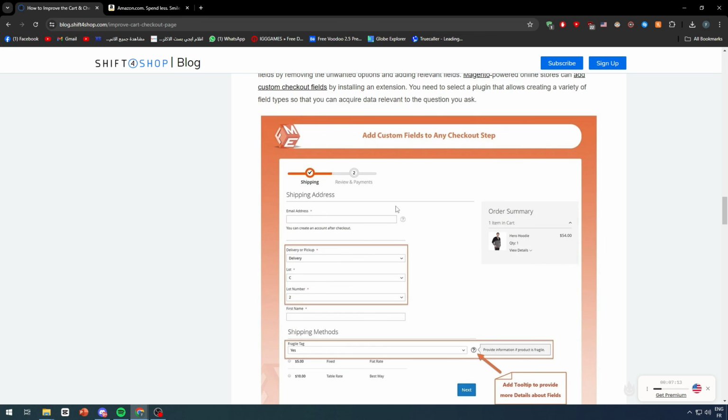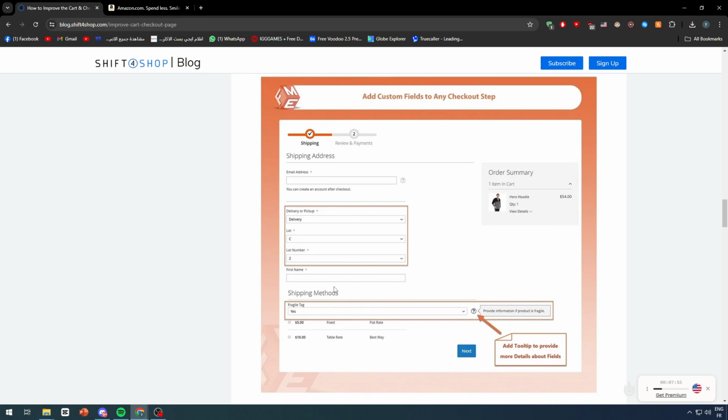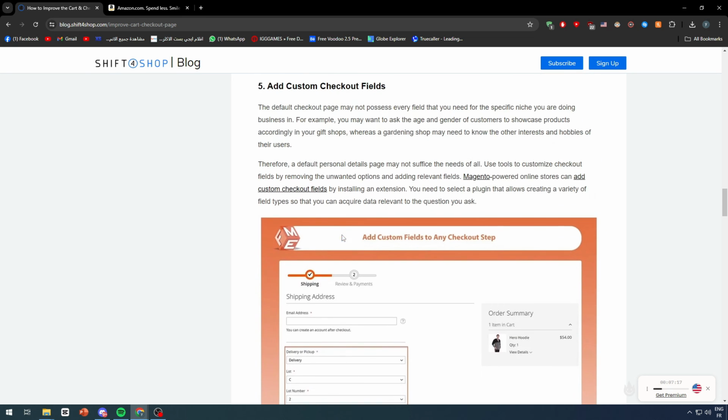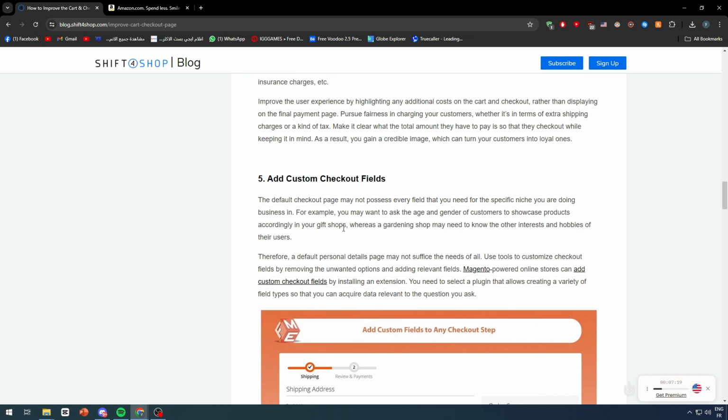And add custom checkout fields. Checkout fields, for example, as you can see here, shipping method. For example, a custom checkout field like a note for the client to leave or something like that. And these can really improve the checkout page